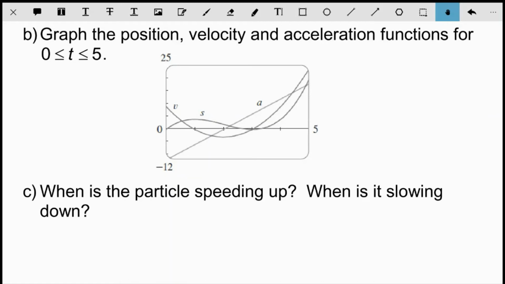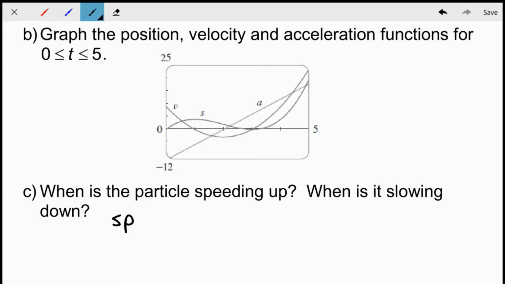So remember, the higher the magnitude of the velocity, the faster we're moving. So that means when the velocity is further from 0, we're moving faster. When the velocity is closer to 0, we're moving slower. So when we're thinking about speeding up, we should be thinking about when is that velocity graph moving away from 0. When we're talking about slowing down, when is the velocity graph moving towards 0? So let's start with speeding up. I'll just go in the same order they went in. So speeding up,